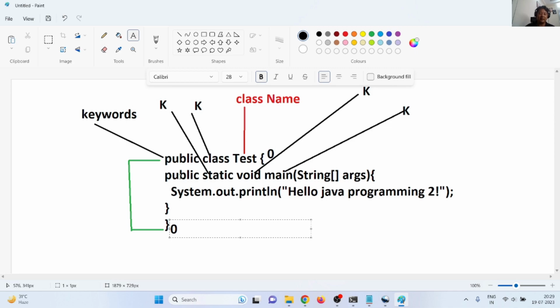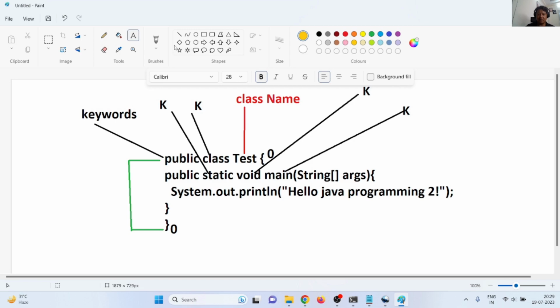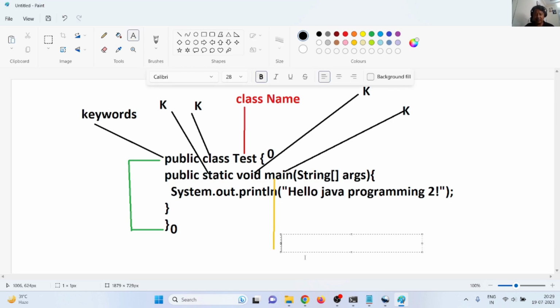Now the second line. This is public, which is a keyword. Static is a keyword. Void is a keyword. Main. What is this main? It's very important to understand this main is actually not this one. This main, main is the method. But why is it a method? It's very important to understand why it is a method, why it's not a class name or something else. Because this method,